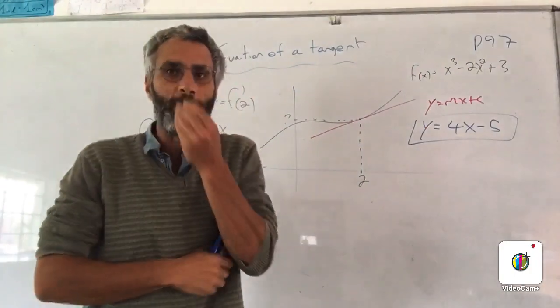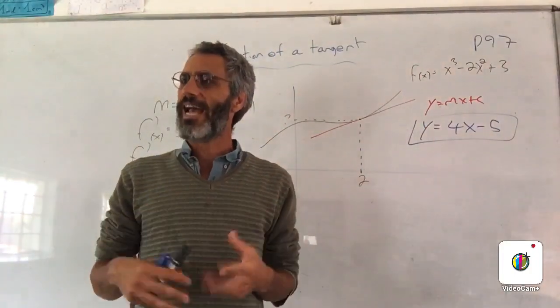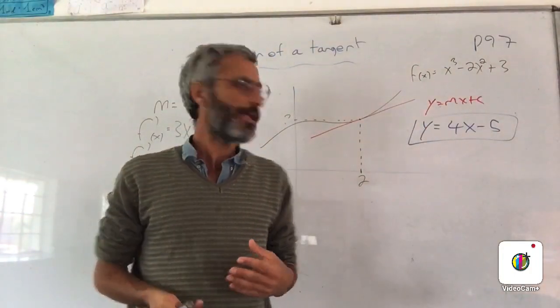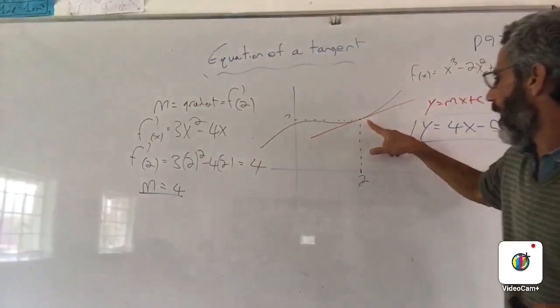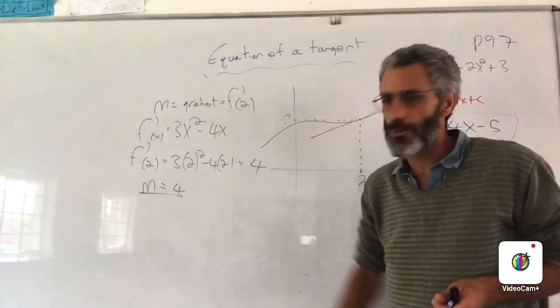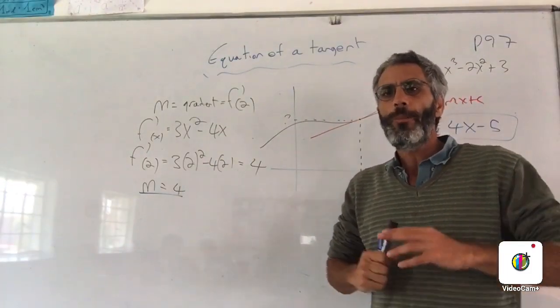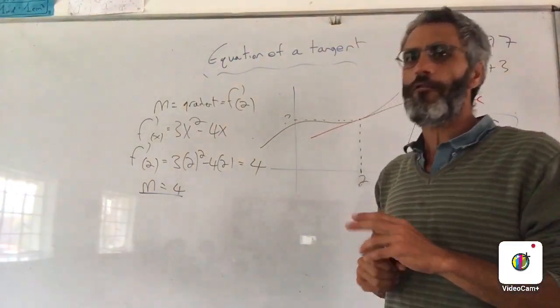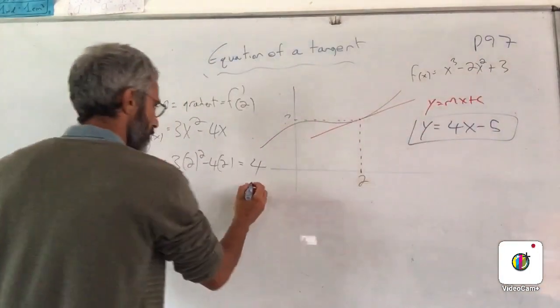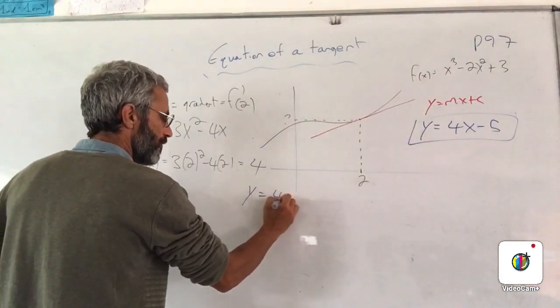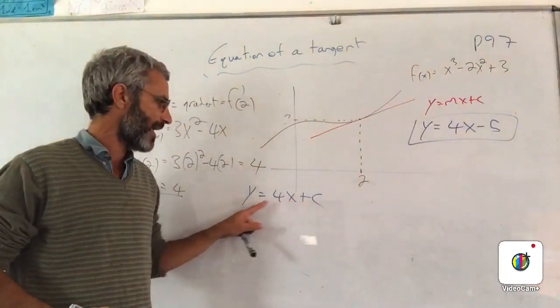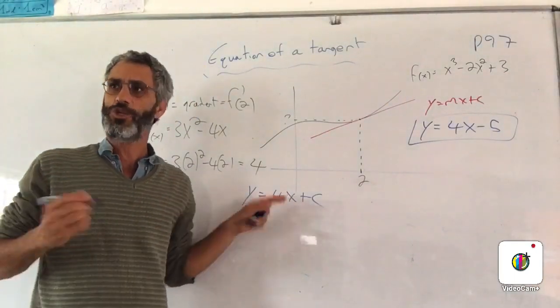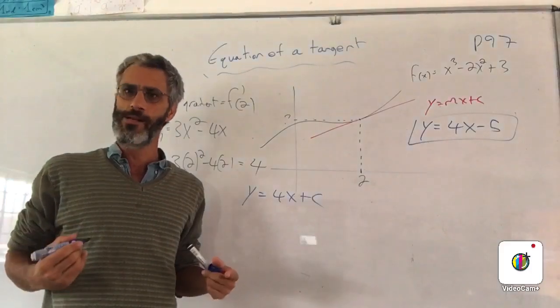So now I'm going to show you how to do it in a slightly different way. Now what do I mean slightly different way? Calculating the gradient, calculating the m, you've got to do the same. There's no difference here. But now, at this point, I know that y is equal to 4x plus c. Instead of going the same route as subbing in the x and the y and finding out what the c is, which is the way I taught you since grade 9,